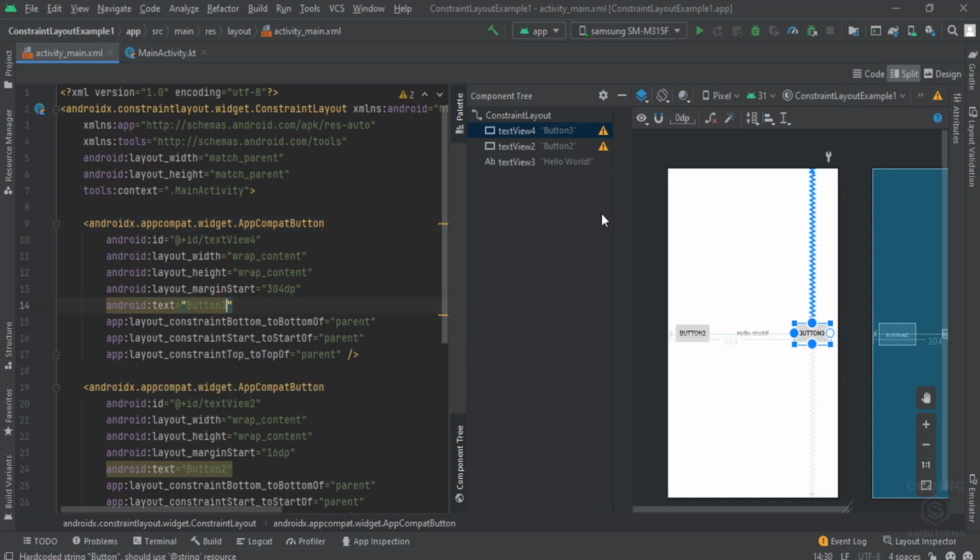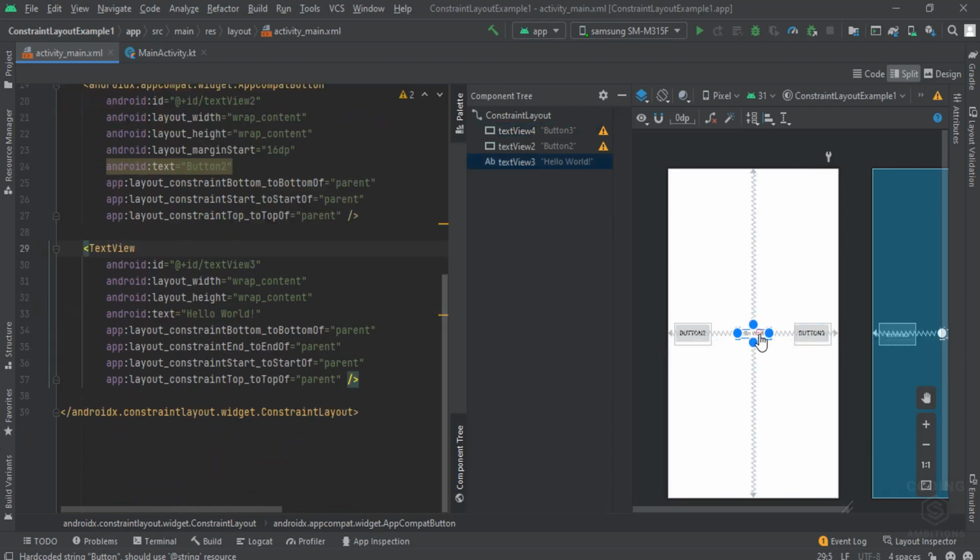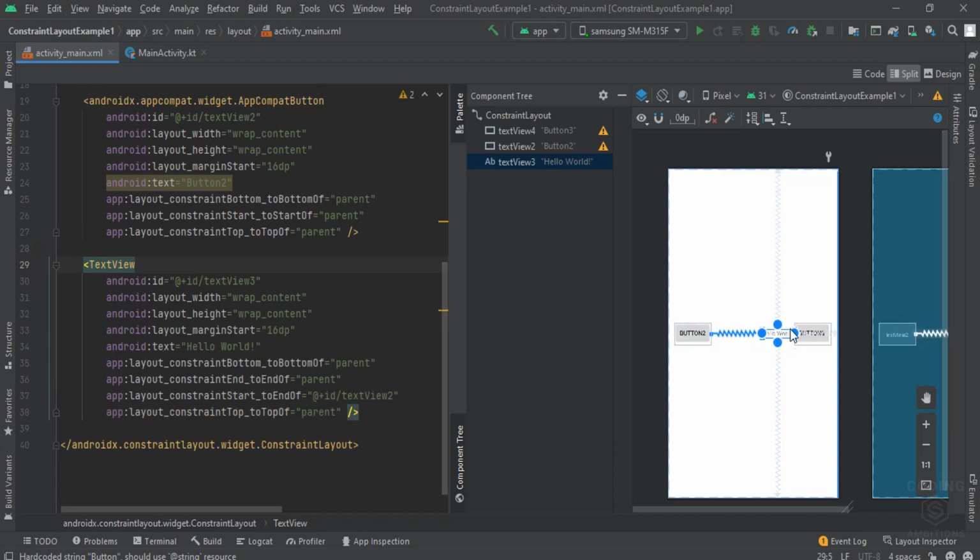button 3. And now if we want to align it with respect to these views, we can align left with respect to this and right with respect to this view. So let us check whether it's aligned or not. You can see start to end of text view 2 and end is still with respect to the parent.